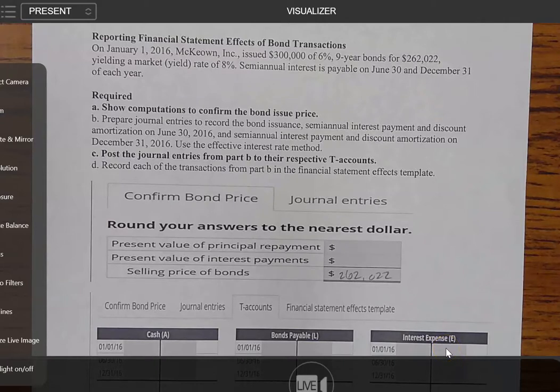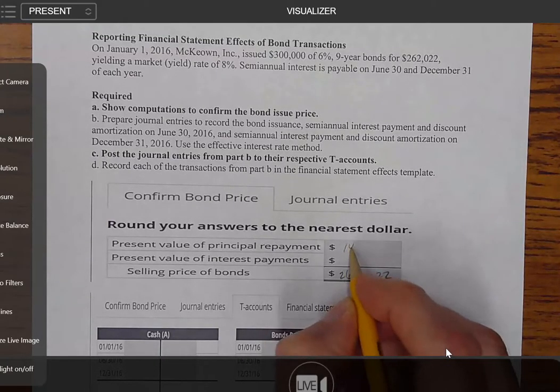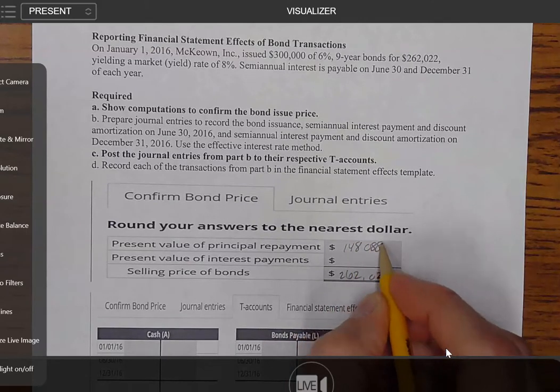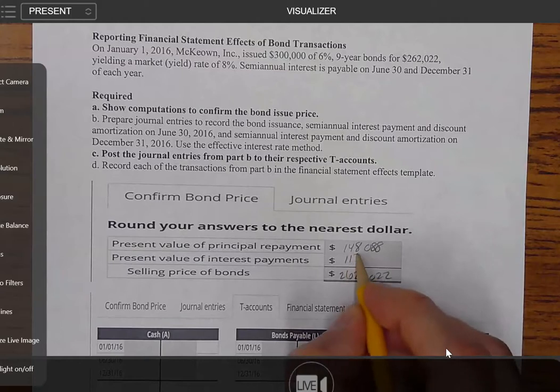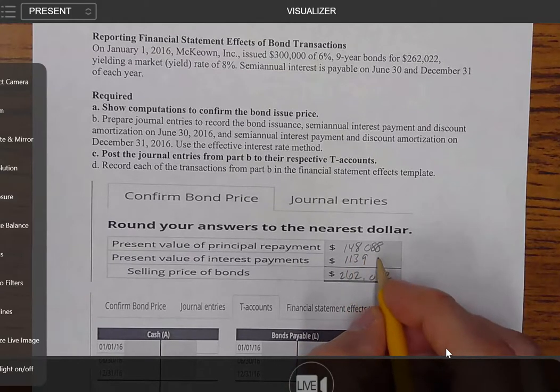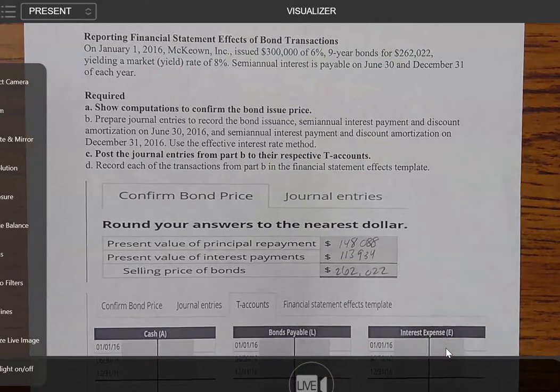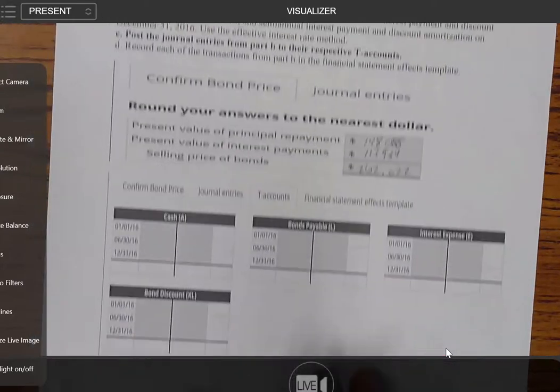All right, so let's go ahead, if I can remember what those were. 148,088, and then this one was 113,934. Let's see, 262,022. Okay, yeah, that's correct. All right. So